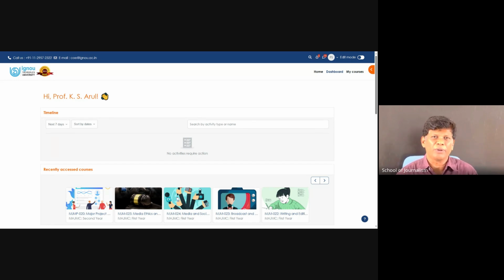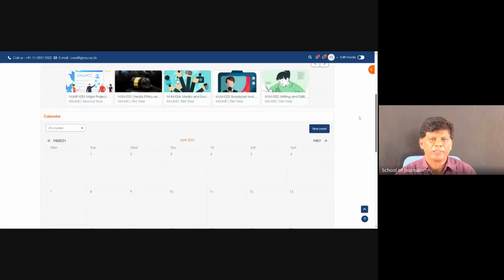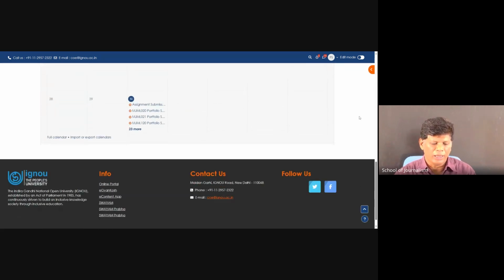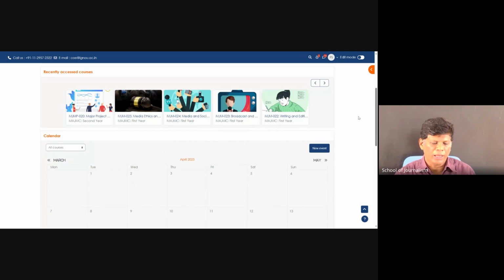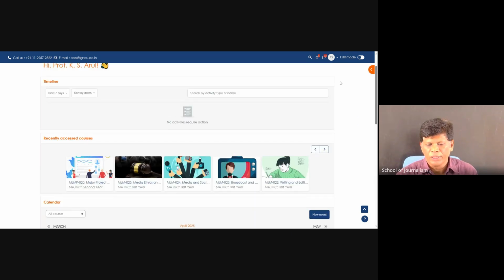It takes a long time for you to open the server, open the website, and transact your activities. So that is the basic work. So this is the interface, and the easiest way I can describe it is the dashboard. It gives you the list of activities, the calendar, and announcements from the university, from the school, from the teacher, and the courses activated for you, right?